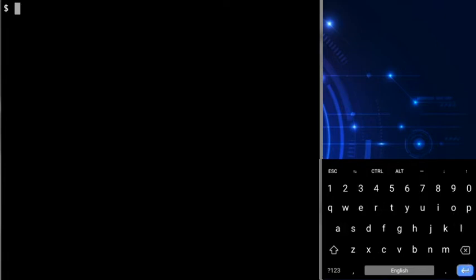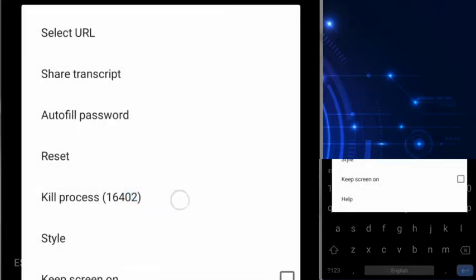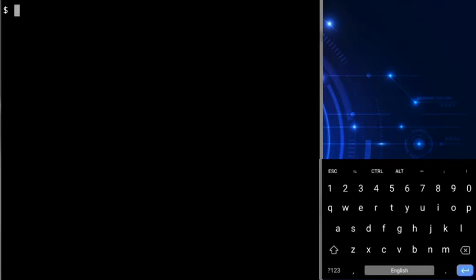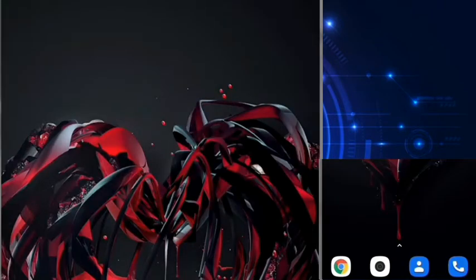Earlier I told you, you can kill the ongoing session by holding anywhere on the screen, clicking on more and then kill process and hit enter. But this takes time. You have to go through so many steps to kill one session. Another alternate method is to type exit and hit enter. It will automatically kill the session. There was only one session running, so the Termux application is also closed. If there are multiple sessions and you kill the session you are currently active on, it will switch to another session instead of closing the entire application. So with the exit command, you can kill sessions easily.